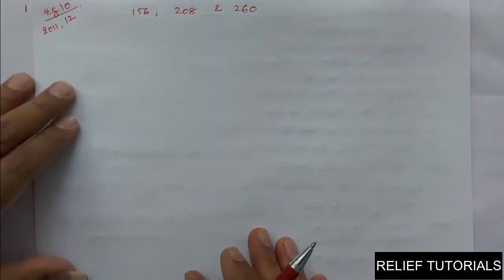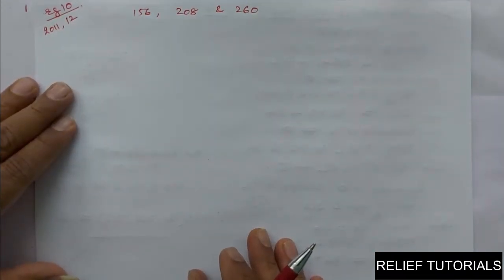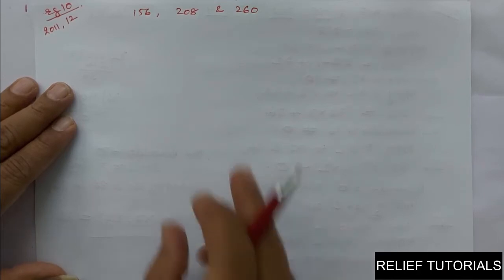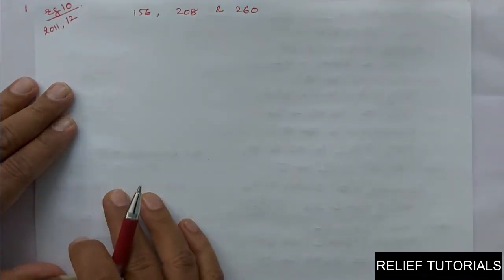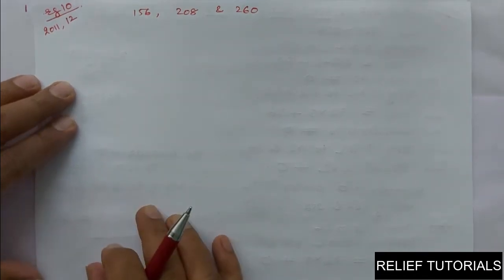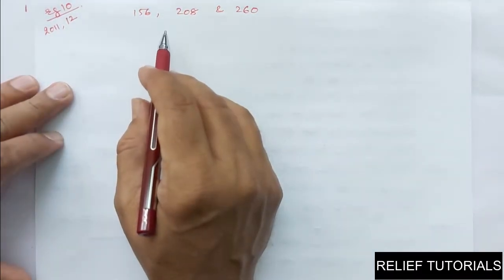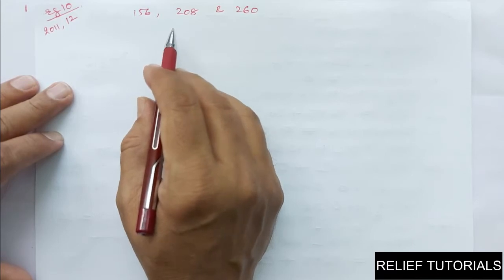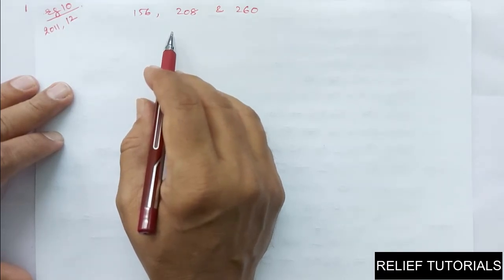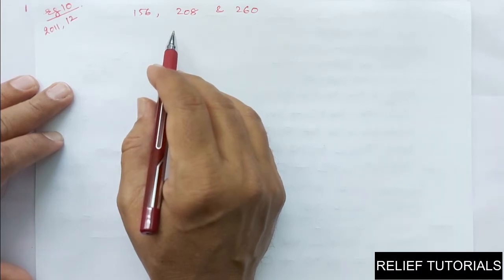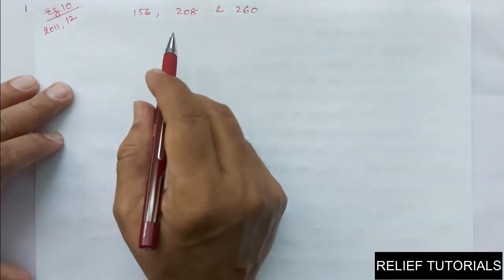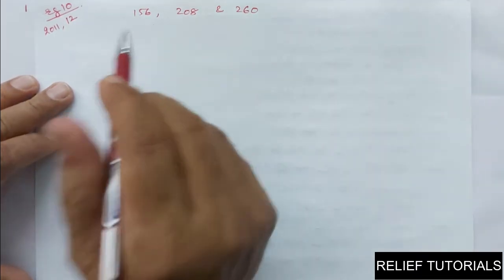See, these are application type problems. You have to hire the bus and the same number of students has to be accommodated. Means all these three numbers have to be divided by one exact number, so that many students will be in one bus. Clear? So now we will do. As I told you as usual, this is an application type problem. If you read the problem, you will come to know that. There are this many students in groups A, B, C respectively. Buses are to be hired for a field trip. Find the minimum number of buses to be hired if the same number of students should be accommodated in each bus. Clear?